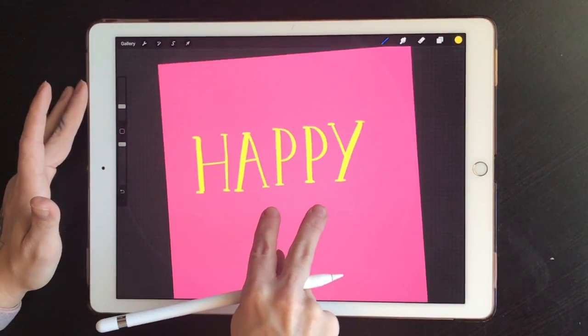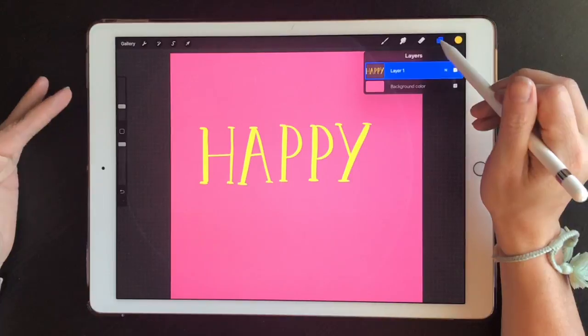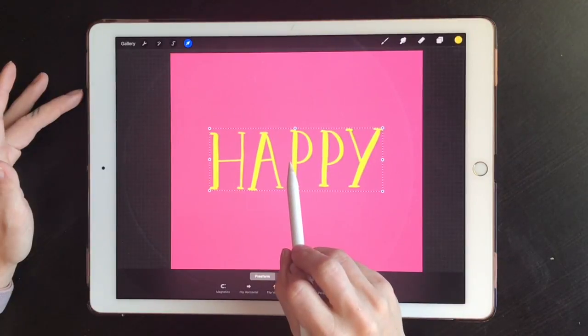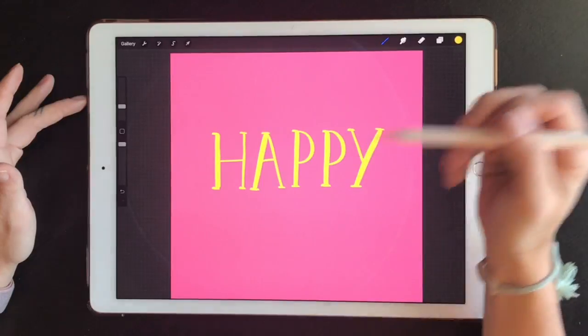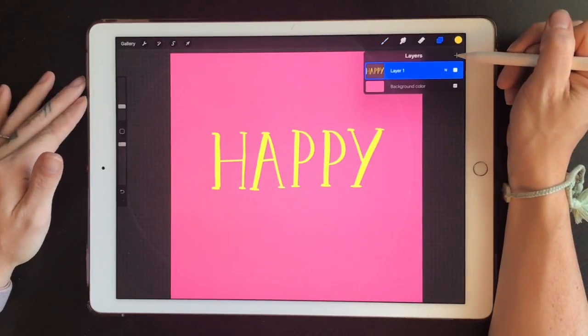And then what I love about this, so that's not directly centered. So the happy is on its very own layer. So if we go to the move, which is this little cursor, we can move just this word anywhere we want. So we can kind of center it a little better. So from here, when we move to our second word, which is going to be birthday, we need to create a new layer. So you go up to your layers panel, these two little squares,